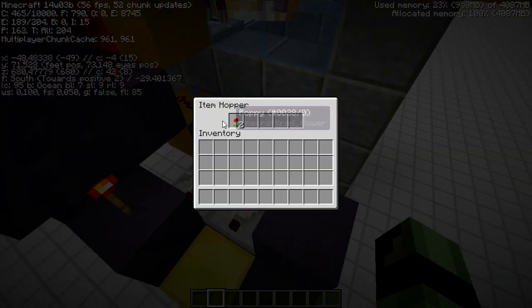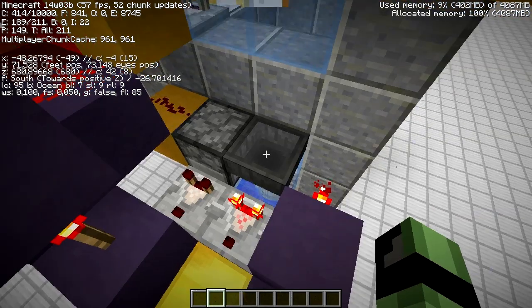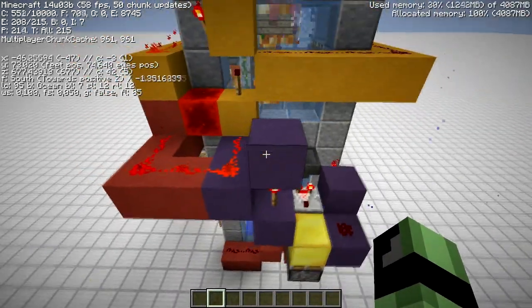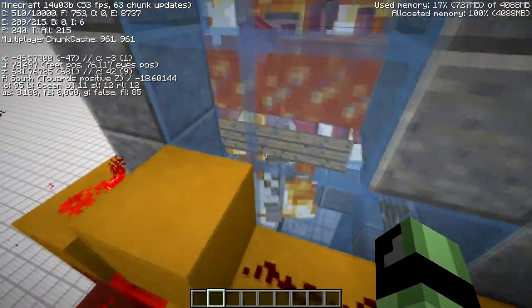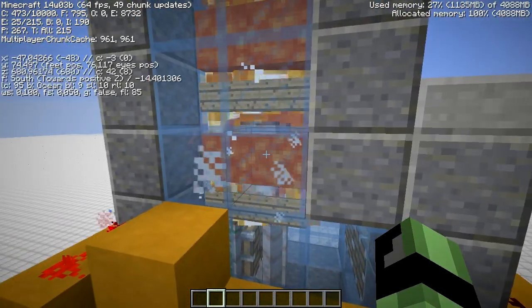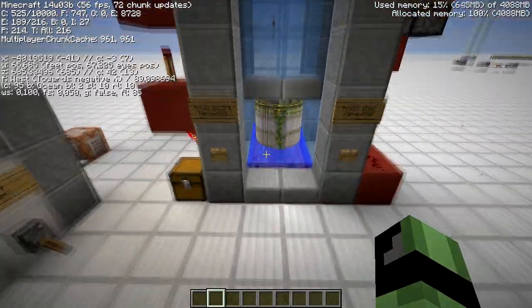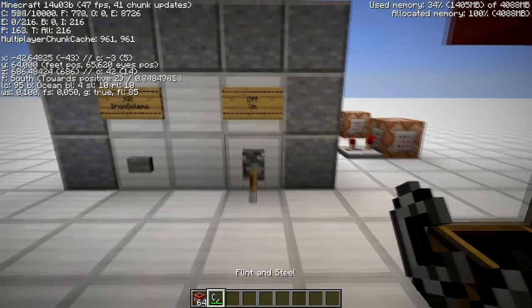And now there are the red flowers only in this right hopper. There's a counting device. This dropper is empty, so this is on. And the piston here is extended all the time, so the iron golems are just standing in the lava and dying. And now you can simply harvest your iron golems